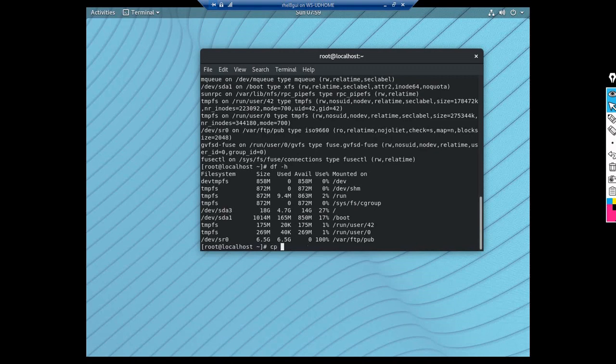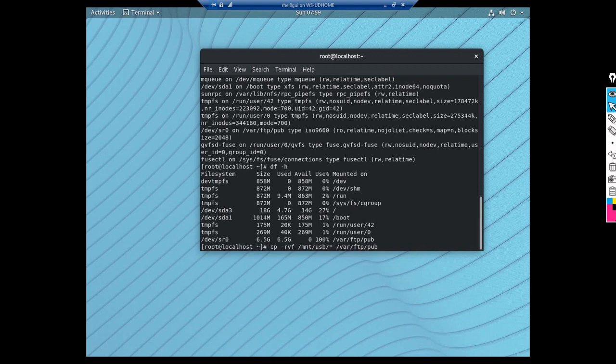For copying, cp -rvf /mnt/usb/* /var/ftp/pub. First you have to mount your sr0 to USB. For this folder you need to copy 6.5 GB of data. It will take around 5 to 10 minutes.